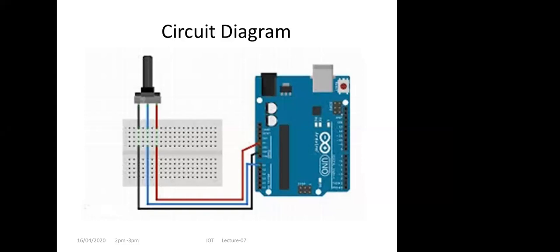That means dimming. At the lowest position of the knob, it will be off. At the highest position of the knob, it will be on. But when you rotate in between, it will slowly go from off to on. So not only on and off, it will take other functionality: it will dim, and the LED intensity changes according to the rotation of the knob.